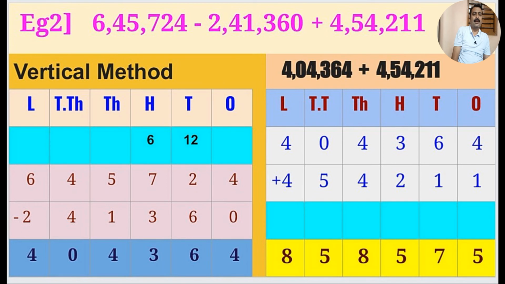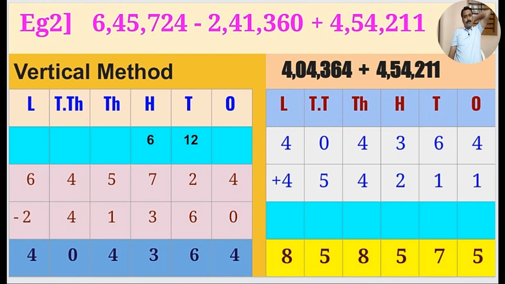Now to the difference, that is the answer of the subtraction, we want to add our third number, 4,54,211. That's why at the right side of the screen here I am taking the addition of two numbers, 4,04,364 plus 4,54,211. To continue this addition in vertical arrangement, we again take 6 columns. Both numbers are 6-digit. So the first column is ones, second is tens, third is 100, fourth is 10,000s there.